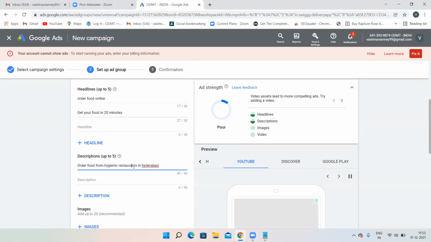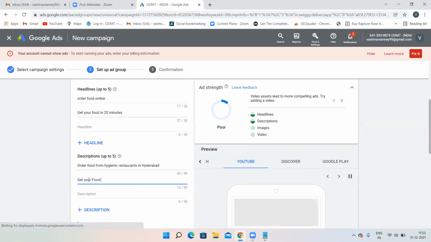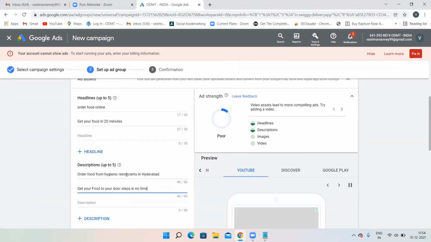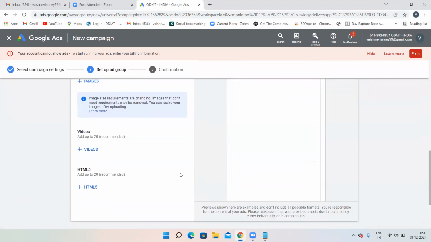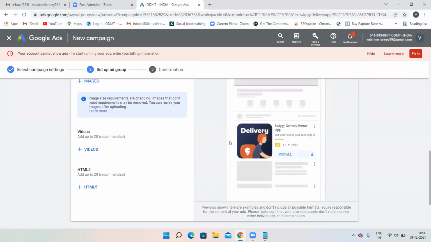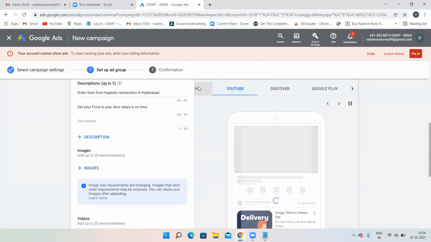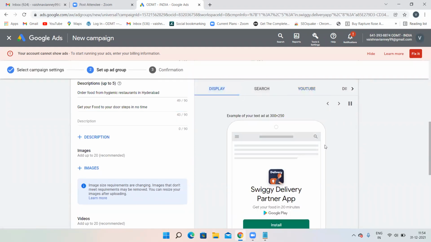Make sure every word's first letter is capital. Then here I'll give Get your food. This is my description. I have given some headline and I have given some description also. See, our description is appearing over here. And if you go for display, it is going to appear like this.